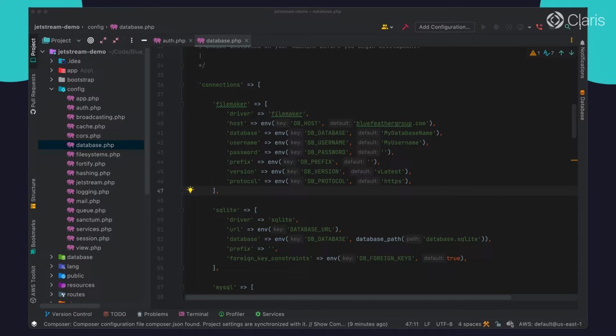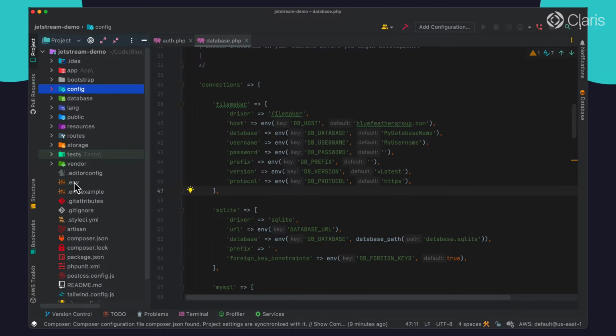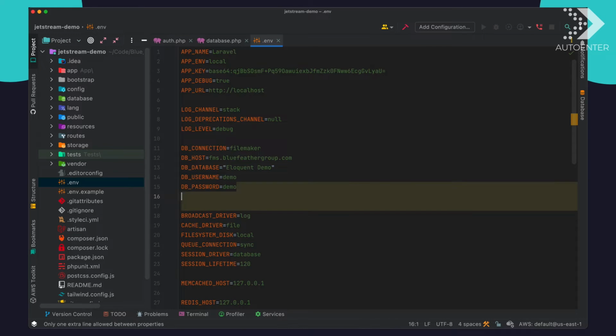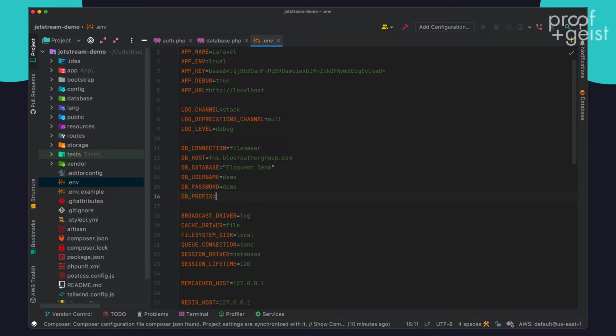With the connection configured, we'll tell the app to actually use it by editing our .env file. The values we set in the env are read by the configuration we set up just a second ago. The .env should not be committed to version control, so it's a safe place to enter credentials like your database password. For the demo today, I've already set up a user in our FileMaker database, which uses demo as both the username and password. I'm also going to add a DB prefix entry to tell our Laravel app to append